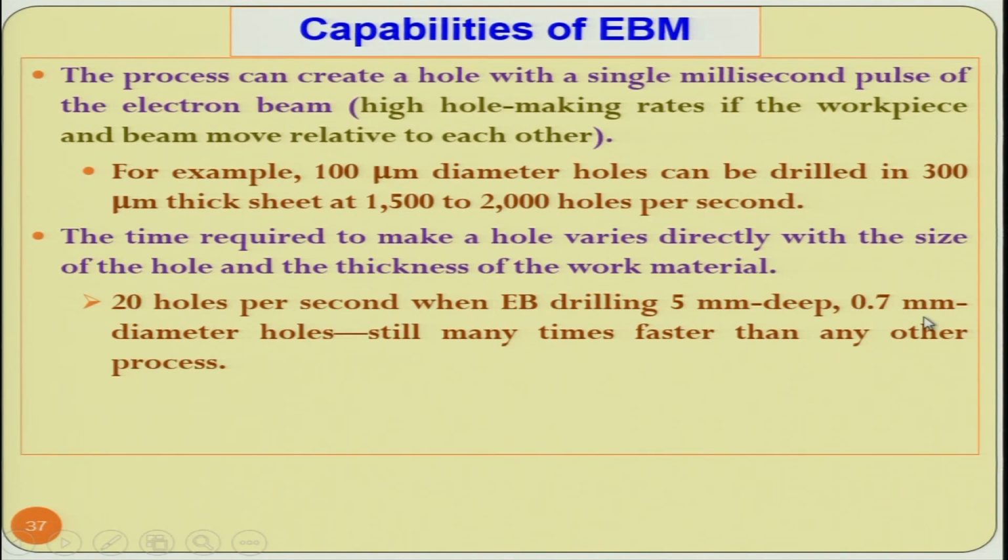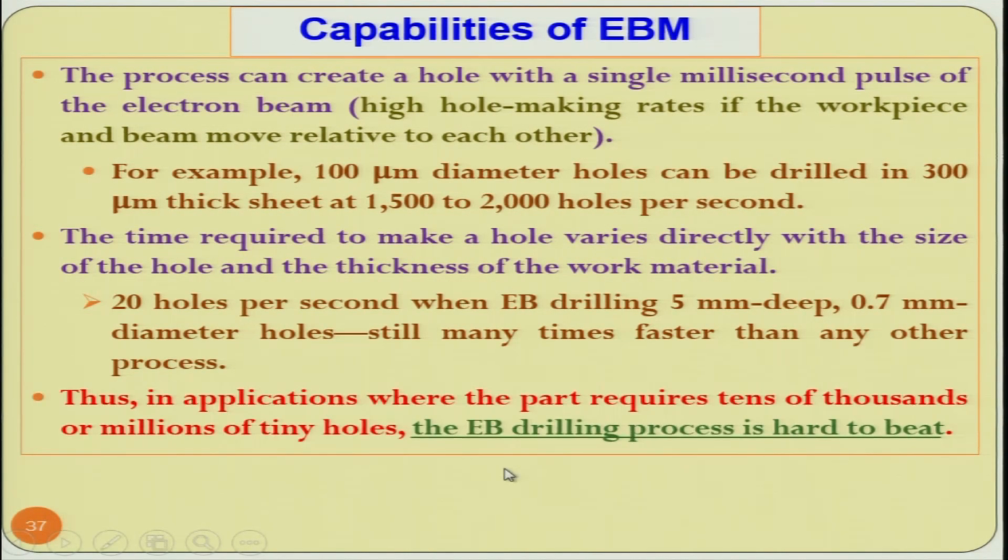That means this is 700 micron, this is 100 micron. So, you can see clearly that by changing the thickness of the sheet and the diameter of the hole, the rate of drilling has gone down substantially, from 2000 holes per second to 20